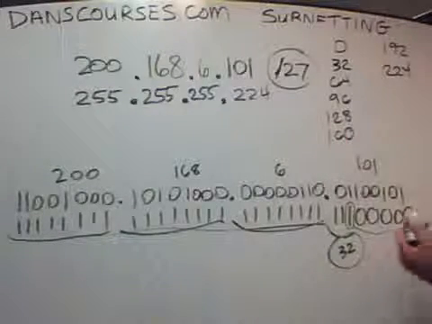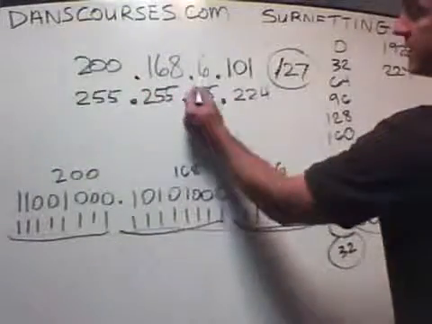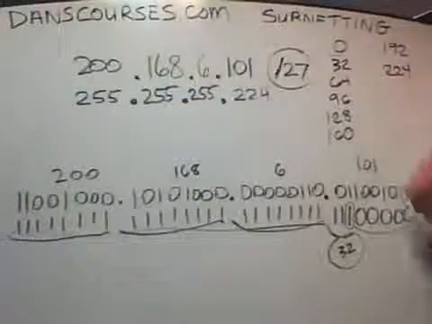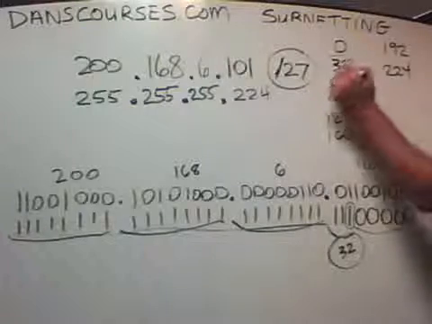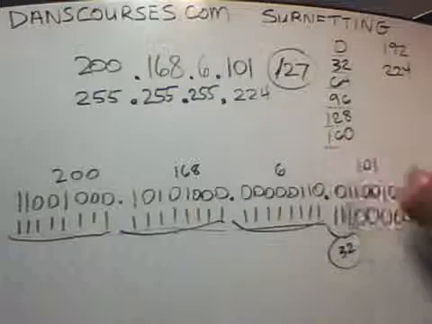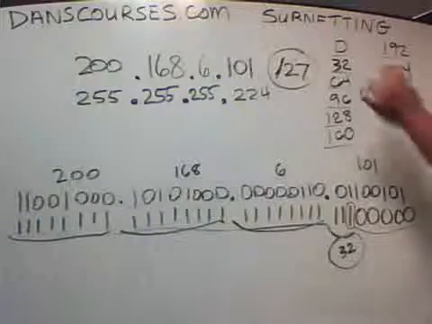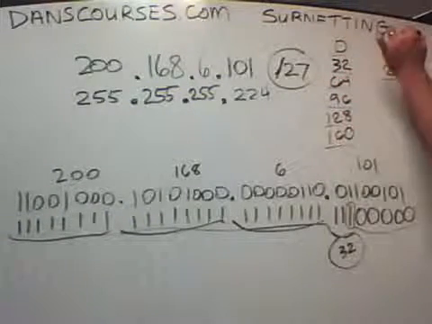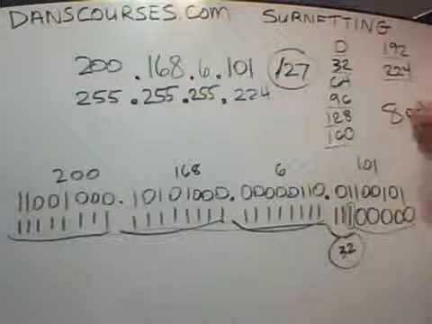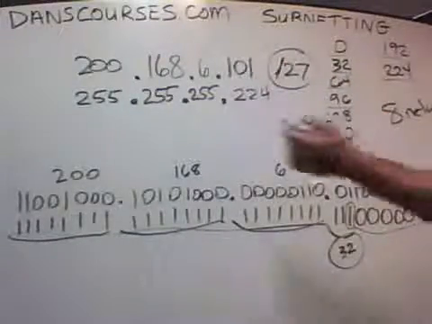So now we've divided the 200.168.6 network into the 200.168.6.0 network, the 200.168.6.32 network, 64 network, 96 network, 128 network, 160 network, 192 network, and 224 network. So we have created 1, 2, 3, 4, 5, 6, 7, 8 networks by using a /27 subnet mask, or a